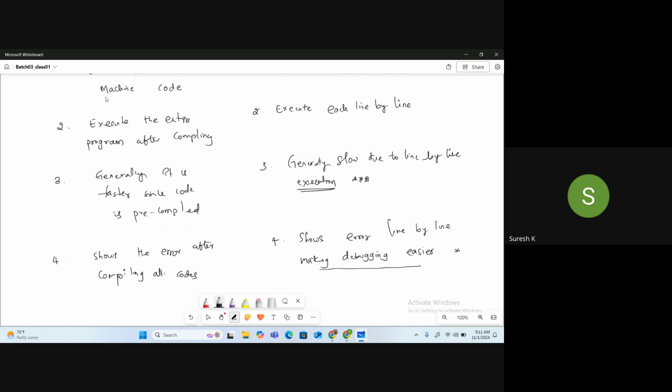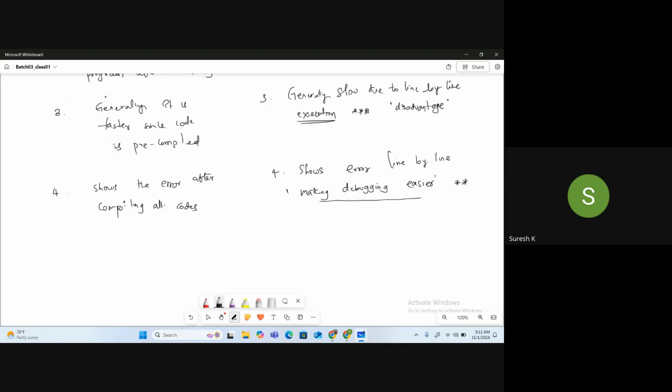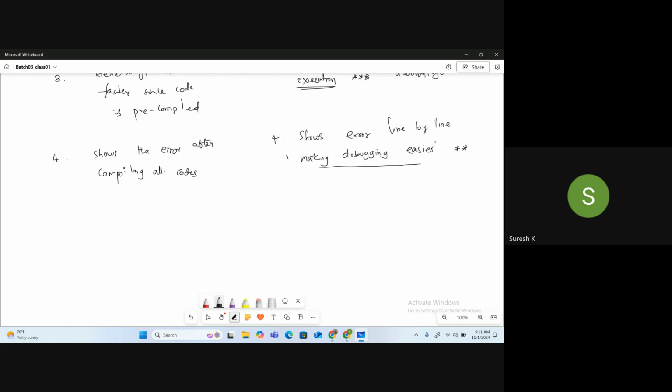This is one advantage, this is a disadvantage. A compiler generates an independent executable file.